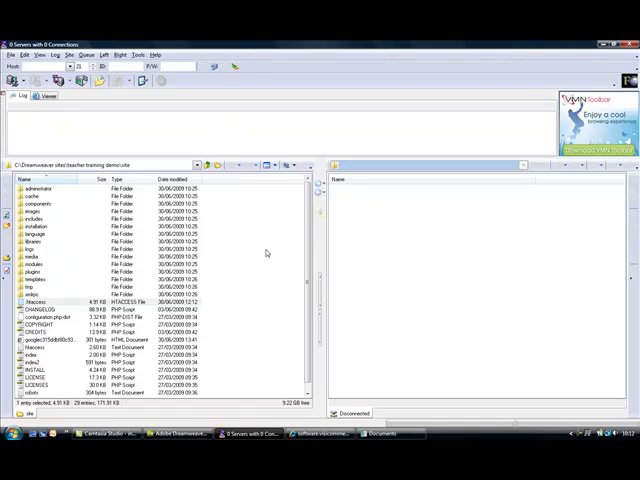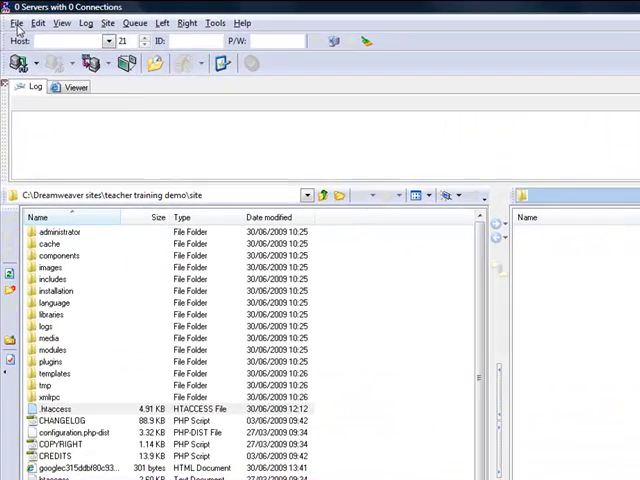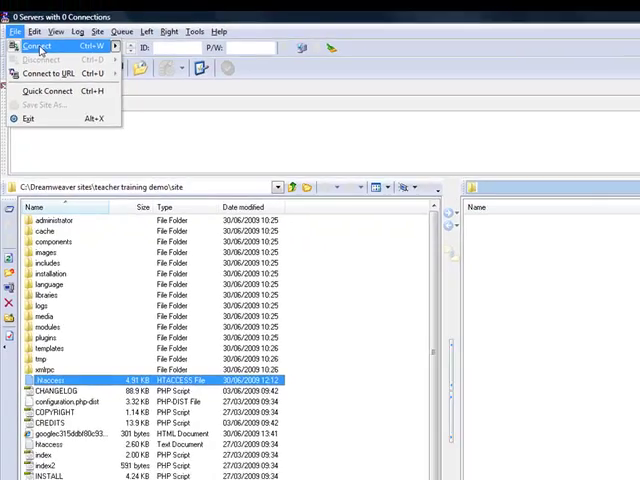This type of interface is very common. On the left hand side you have your own computer, and on the right hand side you'll have the computer that you're connecting to and you want to transfer the files to. So in our case that will be a web server. So if we go to the File menu and click Connect,